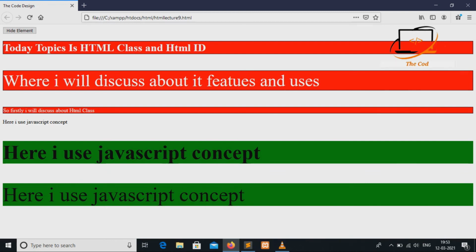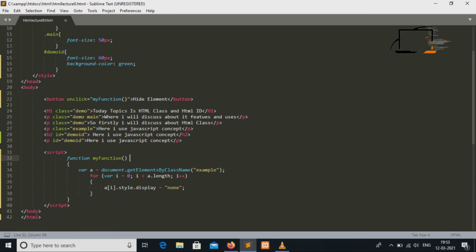It is also used in JavaScript to access or manipulate a specific ID. Basically the ID concept is mainly used to uniquely identify elements for JavaScript and CSS. Here we use CSS, then I am taking a JavaScript program for ID.